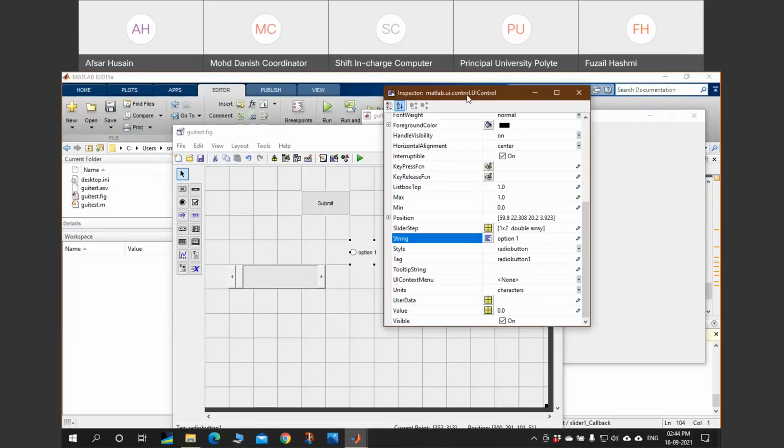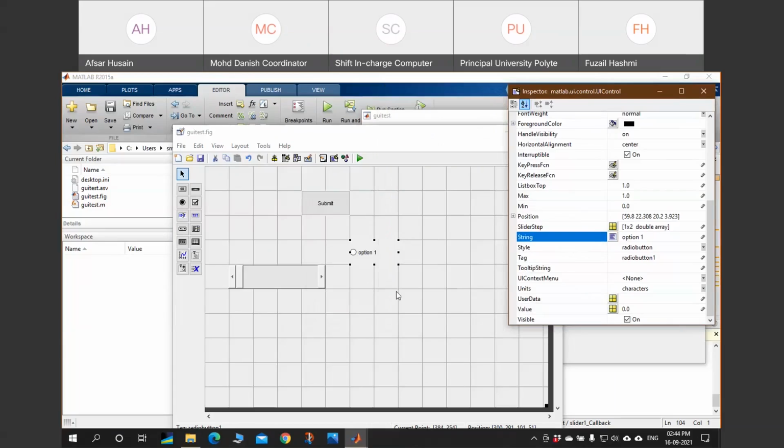The utility of this radio button could be, suppose you have 3 different functions. Suppose you are providing a program which can calculate the area of a circle, the area of a rectangle, and the area of, say, a parallelogram. So there are 3 options.